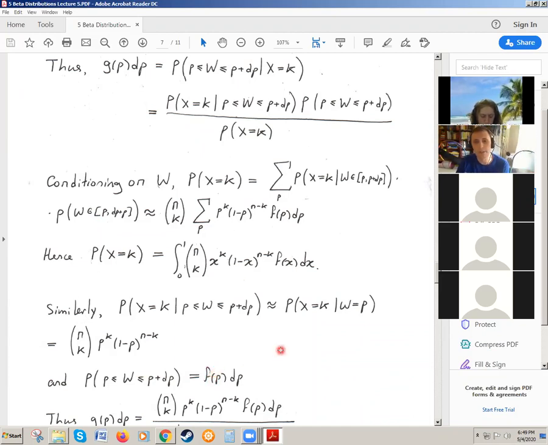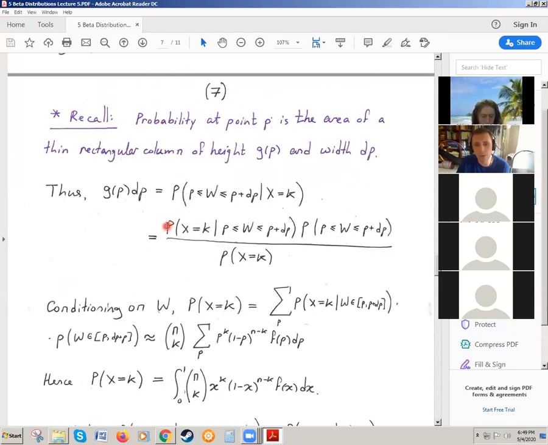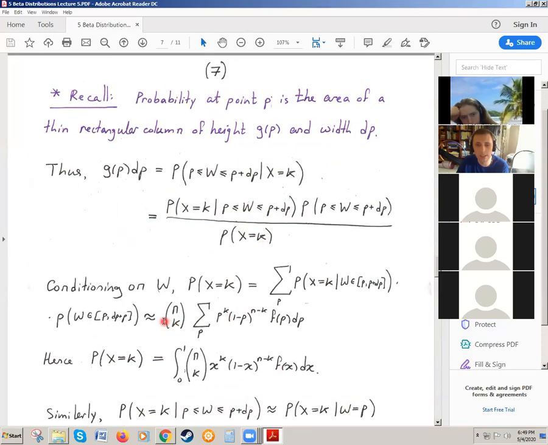So this is now what happens. Now we are going to solve this, right? The numerator here, this part of the numerator, we condition based on what W can equal. And what we get is this value: n choose k, summation over all possible probabilities of P to the k, 1 minus P to the n minus k, f of P. So this value here is what we see, what could W be, right? So this is conditioned on